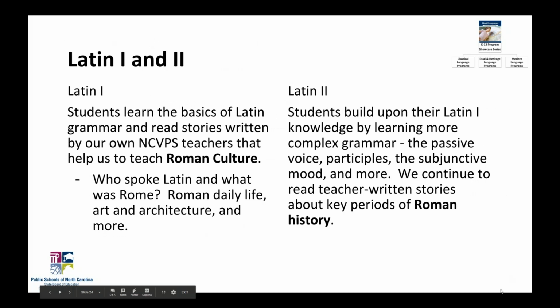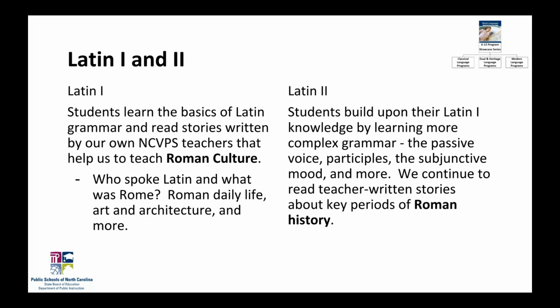So Latin 1: we try to align our programs with what we know is being taught in schools around the state. That way, if someone is popping into our course from a school where Latin is taught but is just trying to make it fit in their schedule, they might then pop back into their class with their regular face-to-face teacher for Latin 3.